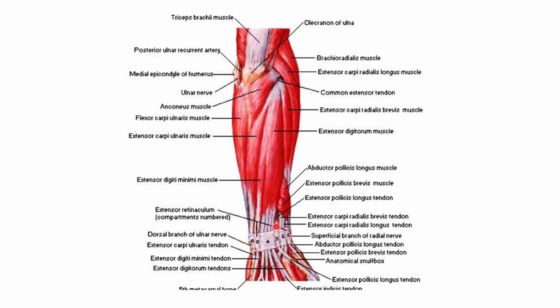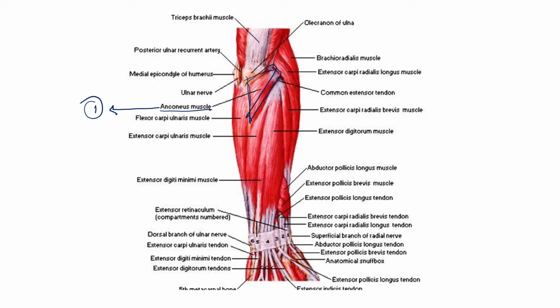The 7 superficial muscles of the extensor compartment are: number 1 is the anconeus muscle. The anconeus muscle is a small, short, triangular muscle present just posterior to the elbow. This is how it appears. It is a triangular muscle just behind the elbow. So the muscles of the posterior superficial group: number 1 is the anconeus muscle.